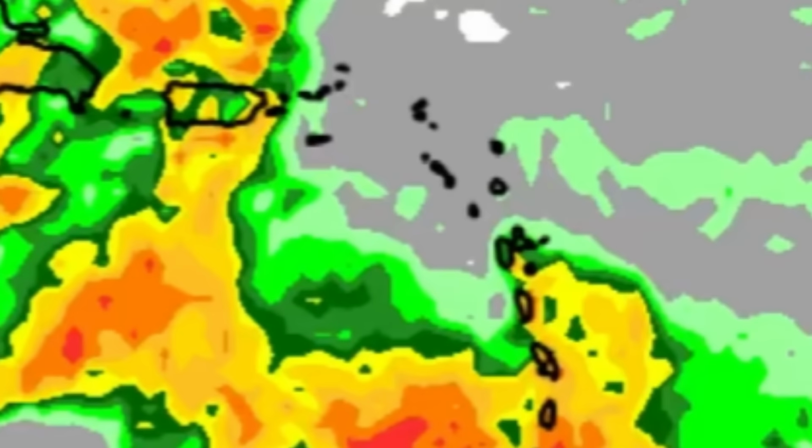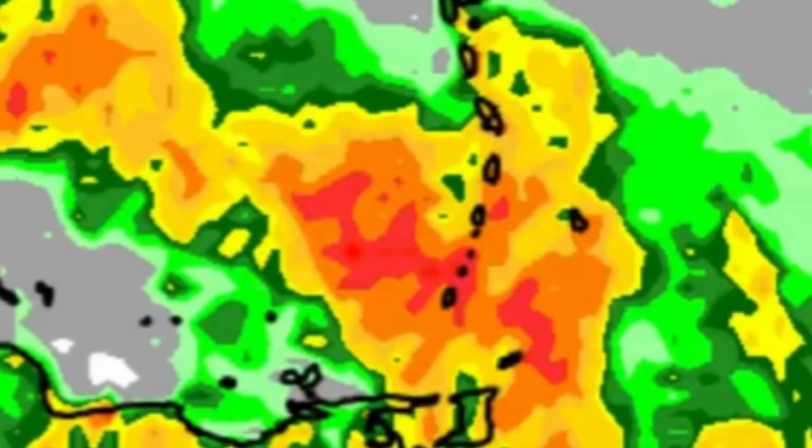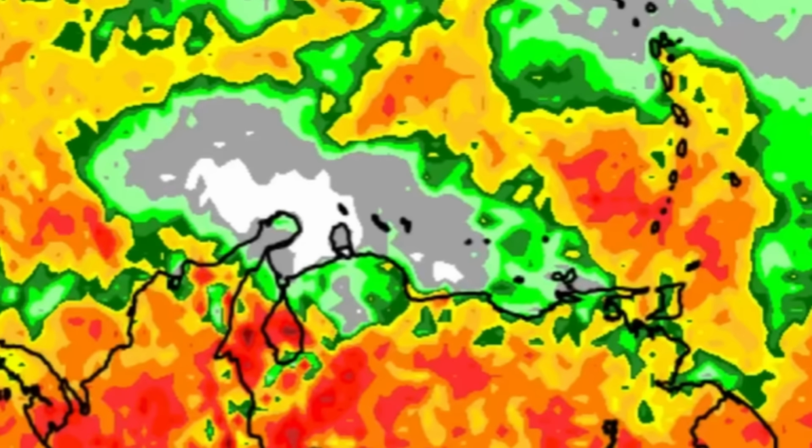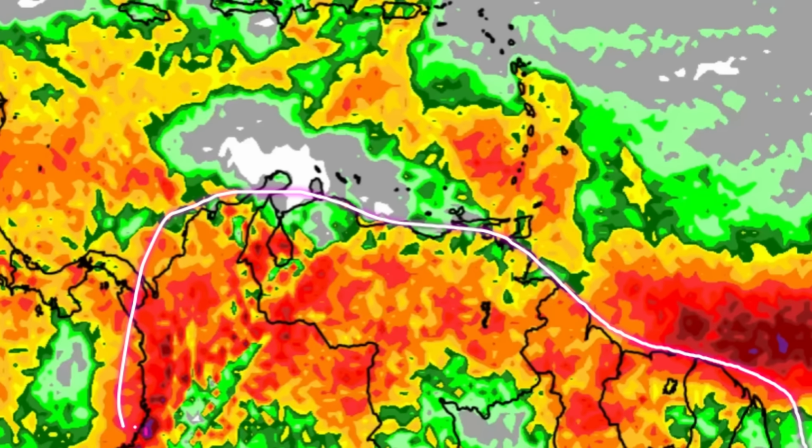The Leeward Islands, Anguilla, St. Martin, St. Bartholomew, Antigua, Barbuda, St. Kitts and Nevis, Saba, St. Eustatius, and Montserrat may not experience a whole lot of rain today, but Guadeloupe southward through Grenada, including Trinidad, Tobago, and Barbados, may experience some thunderstorms and even some heavy rainfall activity at times, although not guaranteed for all of the islands there. Then for the ABC Islands, much is not expected at all. Northern South America will experience some of those showers and thunderstorms, and some of the heavy rain may have the